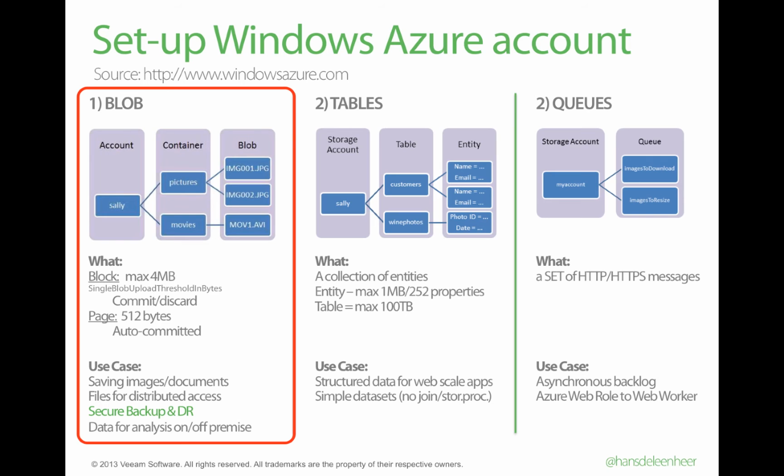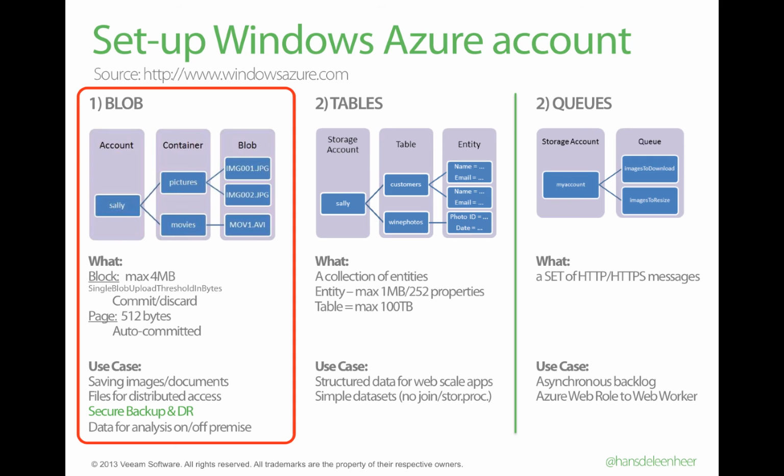And at the end, when all the blocks are sent, your application is going to send a commit or discard when it has checked all the blocks. This is pure for transactional I/O. Page blobs, on the other hand, are 512 byte chunks that will be auto-committed. This is more for random I/O, but I think it's going to have a bigger overhead per write, so we're